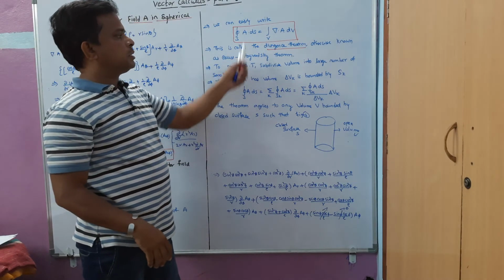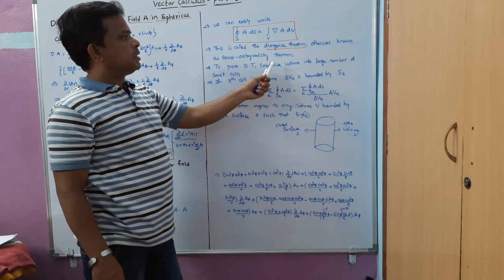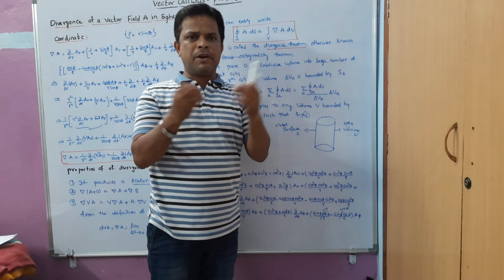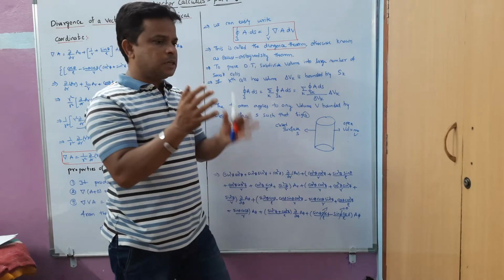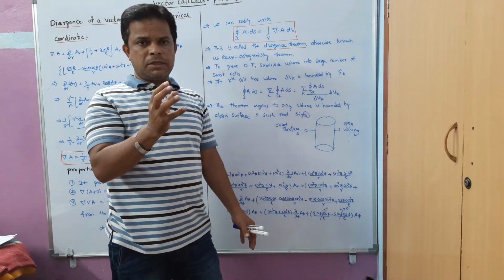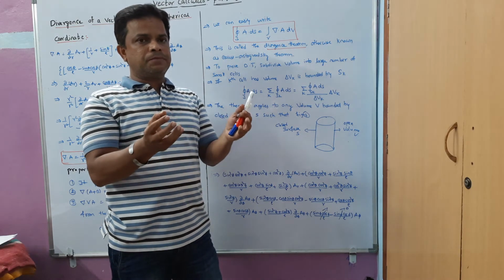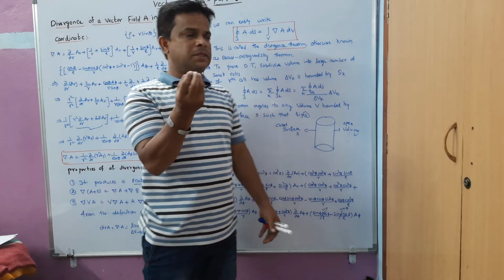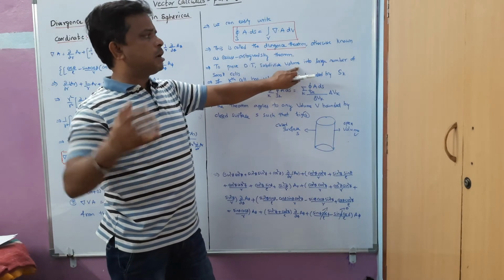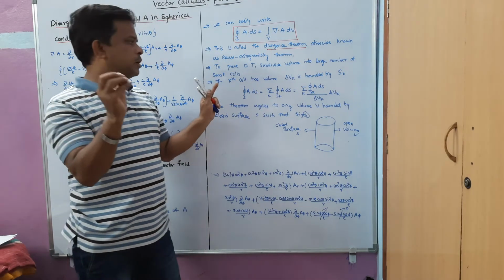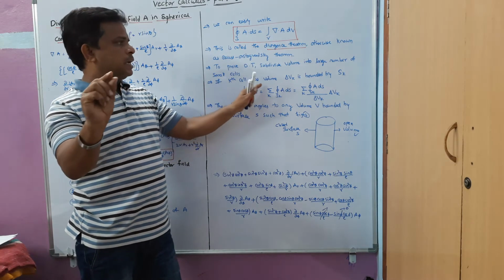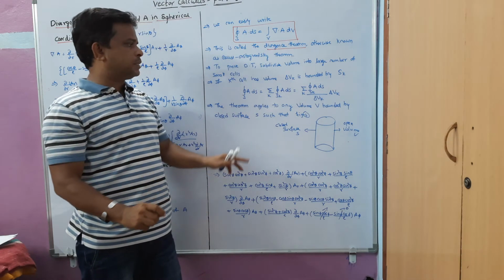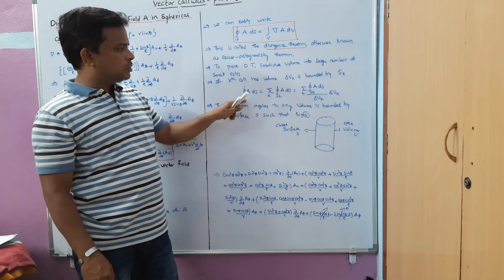In order to prove this divergence theorem, suppose we have a volume and we break it into a number of pieces. For example, if I take a solid ball and break it into a large number of pieces, those are small cells. If a small cell has volume delta Vk, it is bounded by a surface, and so we can write the closed surface integral of A dot ds.